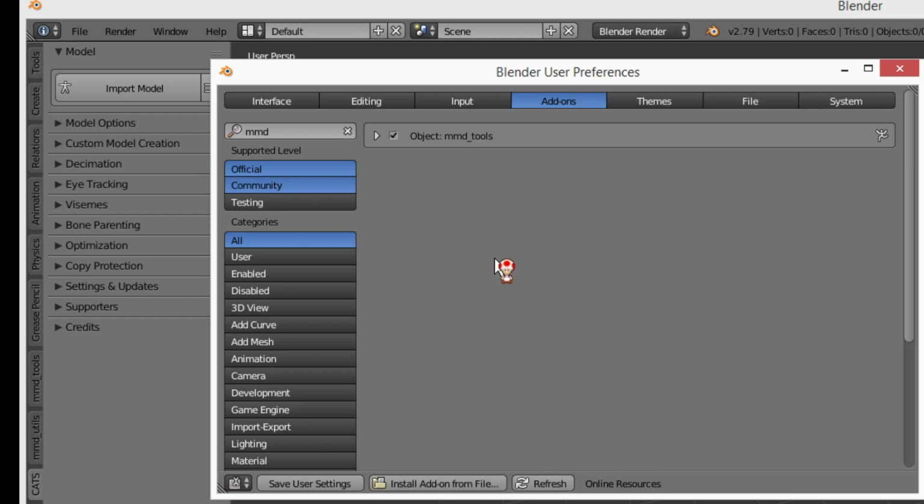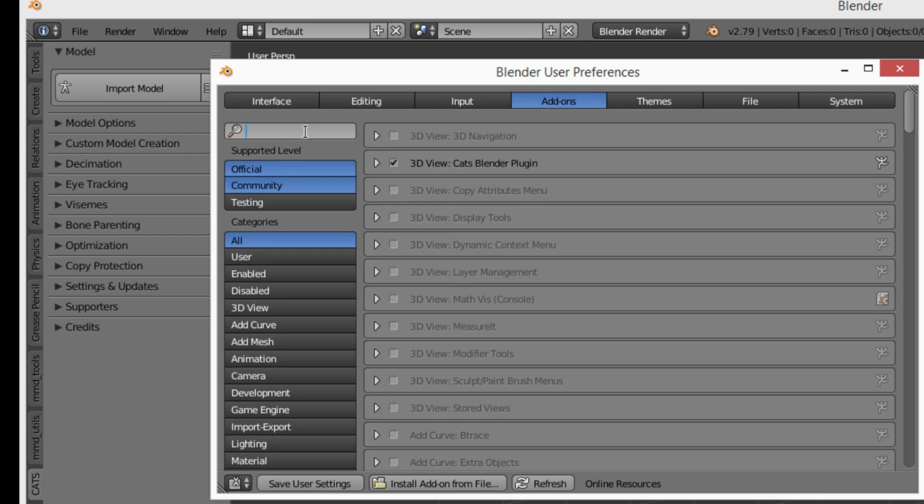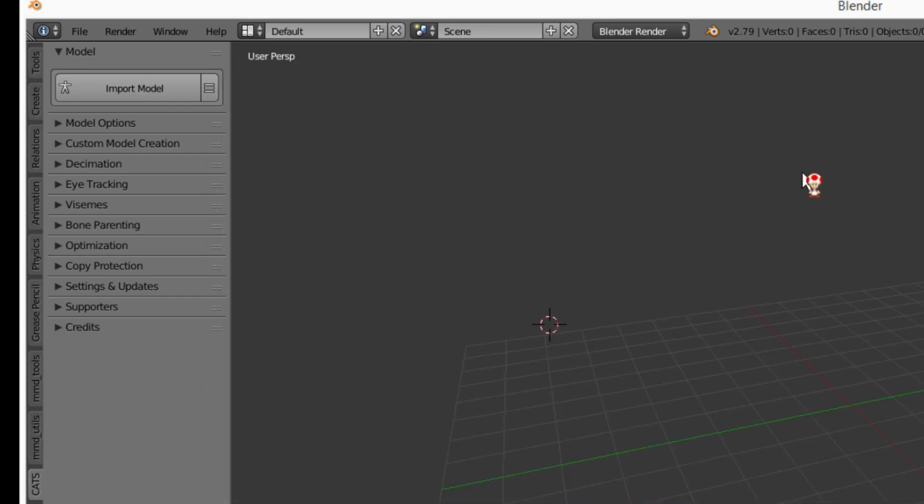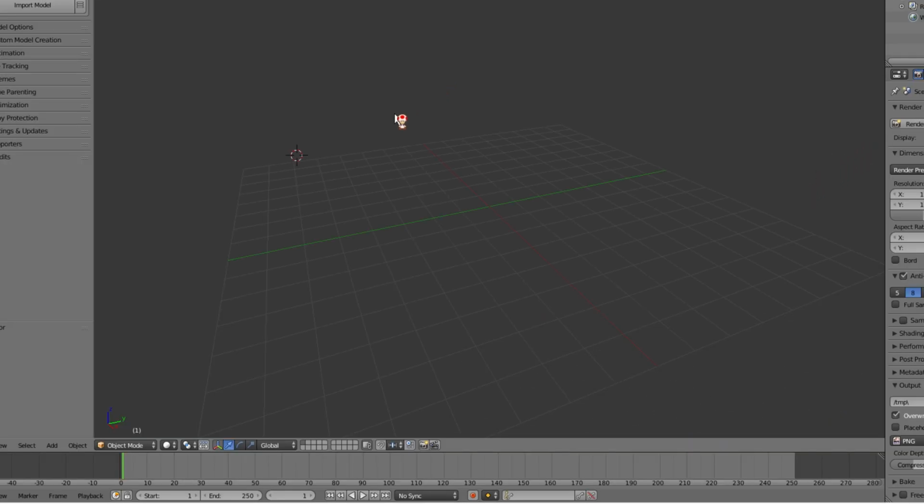Once you double click it, it should show up directly in the window. The only thing you need to do is hit the check mark, and then you're all set. Make sure to save it, and then you can close the window out. You're all done. So now that you've installed Cat's Blender plugin and also MMD tools, you will now be able